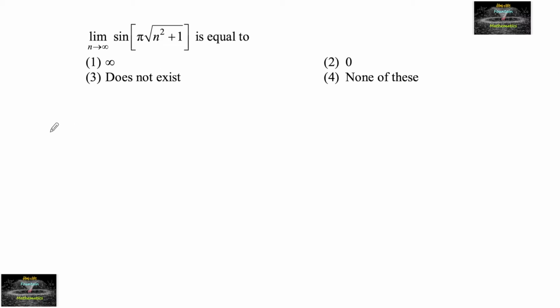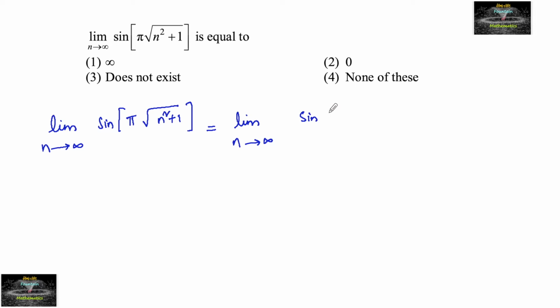Limit n tends to infinity, sine of pi times root over n square plus 1. So this problem we can also solve like limit n tends to infinity. Since we know that sine of n pi minus pi times root of n square plus 1 can be either negative or positive,